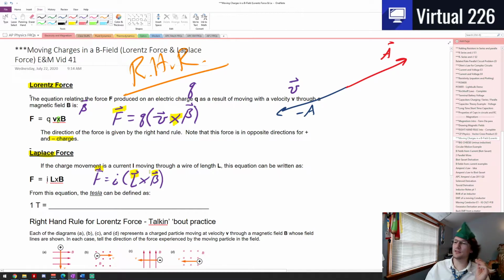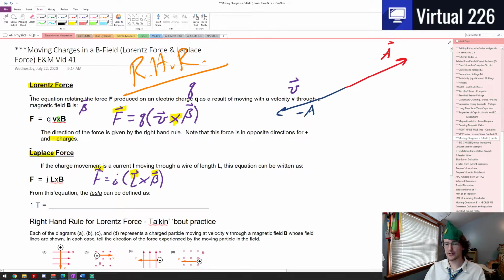And what this represents is if I have a wire and that wire has a current moving through it and that wire with a current is in a B field, it will feel a force. That wire itself will feel a force pushing it in some direction. Okay,